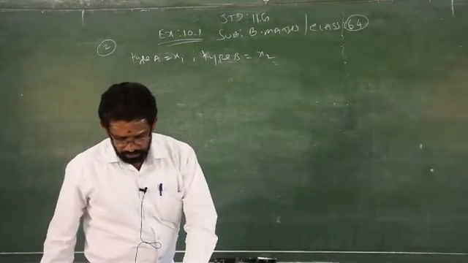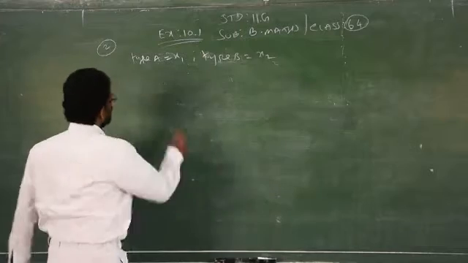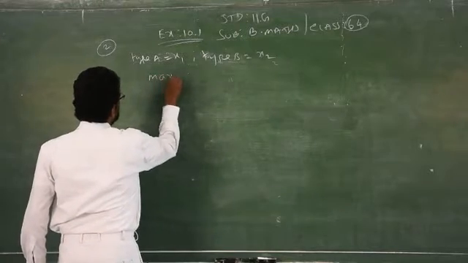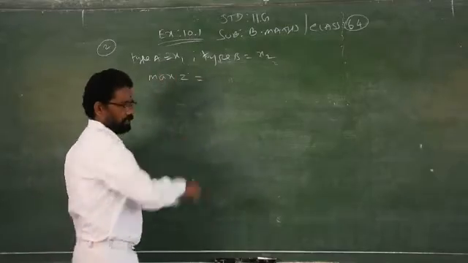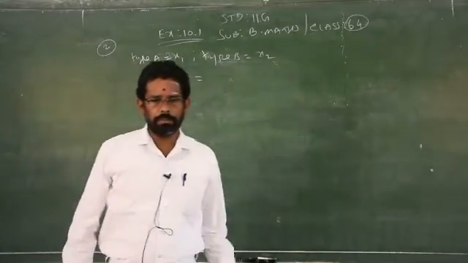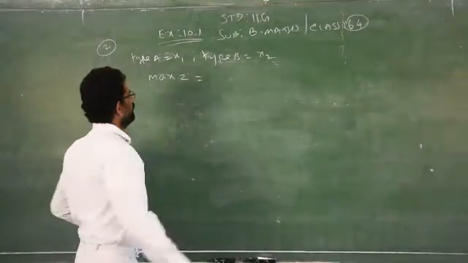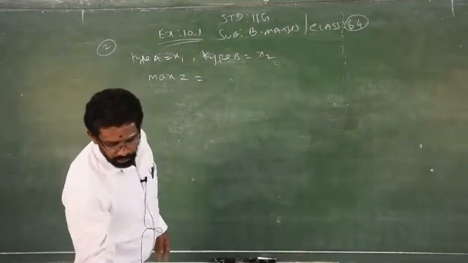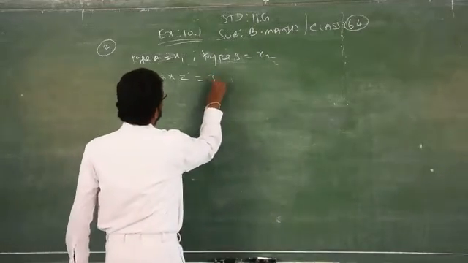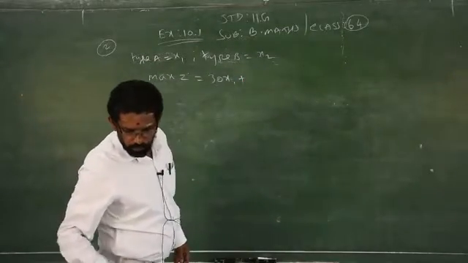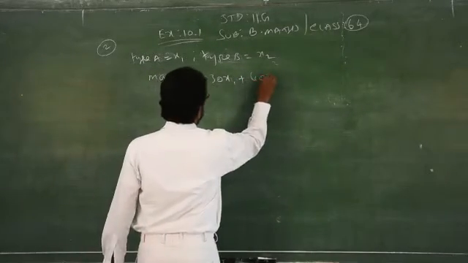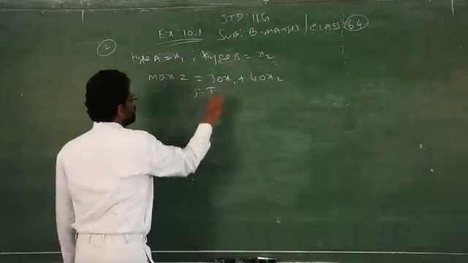Just see, it is already given: maximize the profit for the product. I told you, you can keep P also. No need to always take Z. I consider it here as Z. If you want to take profit as P, you can write maximize P. So what is the profit for A? It is given already, 30. So 30x1 plus, what is the profit from type B? 40x2.